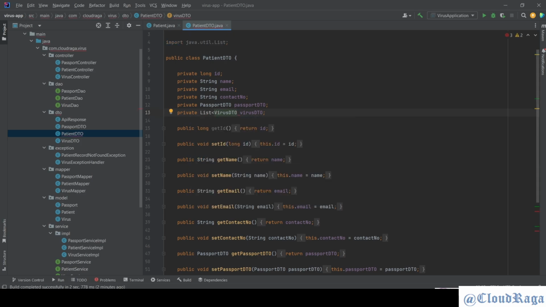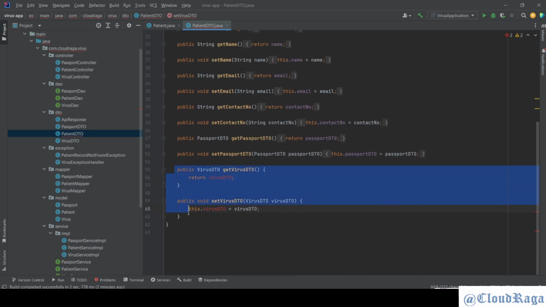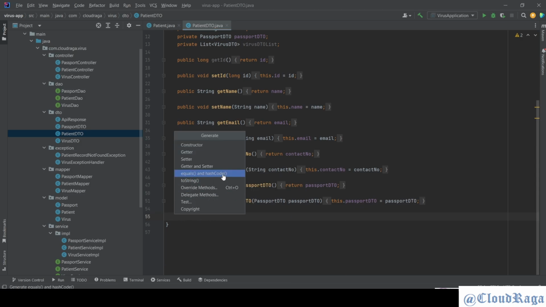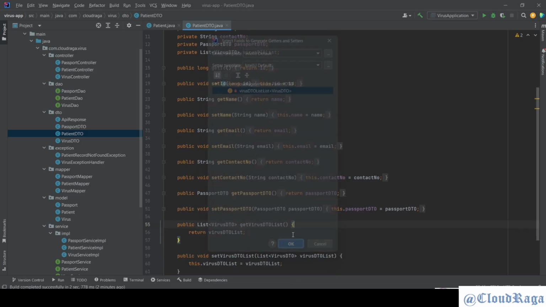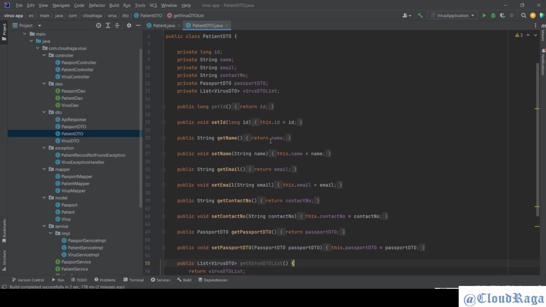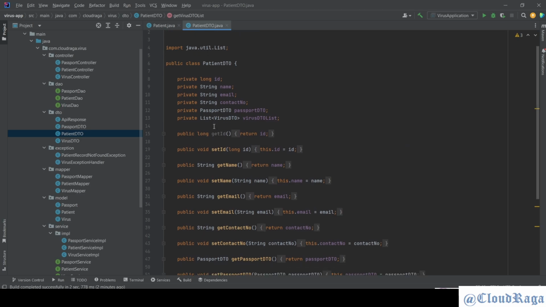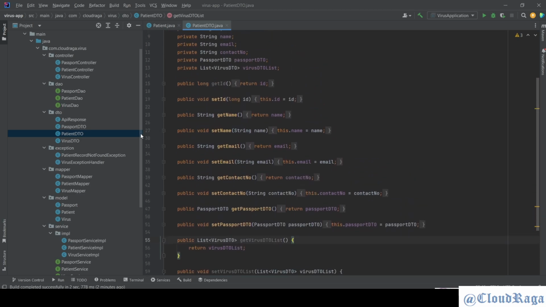This is complex. Okay, this is complex. If you're not paying attention, it will become more complex for you guys. Virus DTO list. I'm intentionally calling it list, right? So you will know that it's a list. Already lots of things are going around, so focus. We are dealing with a list this time. Okay, list is here and it's done. Now